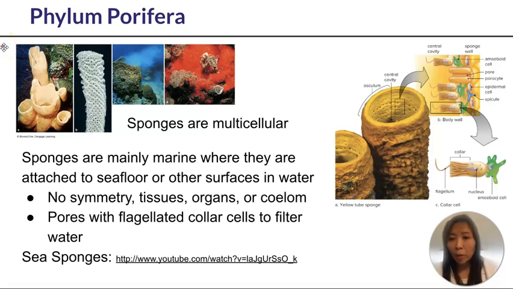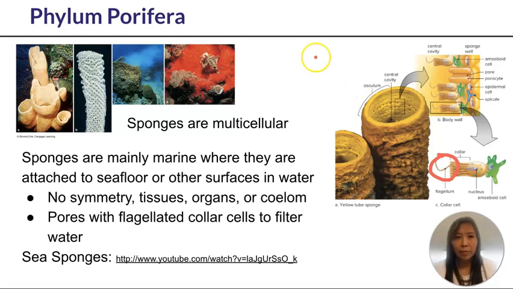And similar to their common ancestor, they have cells that have flagellae on them. So if you look at the pores here, these cells will have flagellae associated with them. You can see here, it has this flagella over here that's attached to these collar cells that allows them to move the water around and filter the water in order to get different food sources that they can ingest